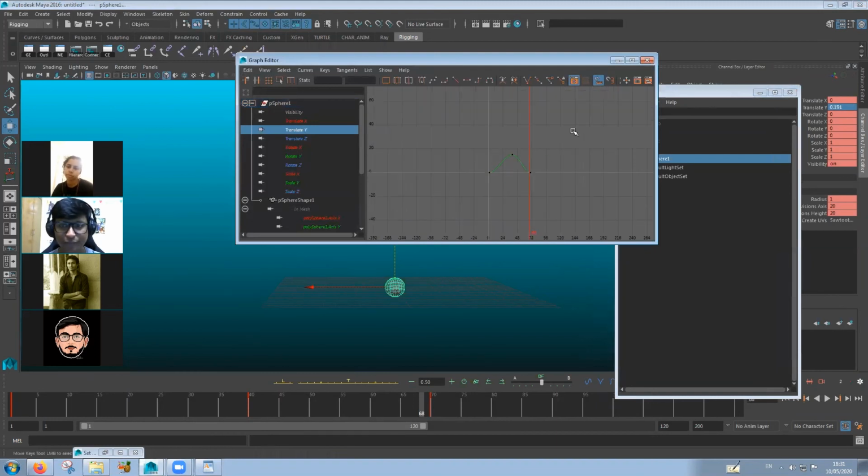Translate Y. So what you can do is, there's a simple formula for it. That is, star equals -1. If you do that, your graph will be flipped. So go over here to the values area and hit star equals -1. What it does is, whatever is selected, it multiplies it by -1. So your whole graph flips.